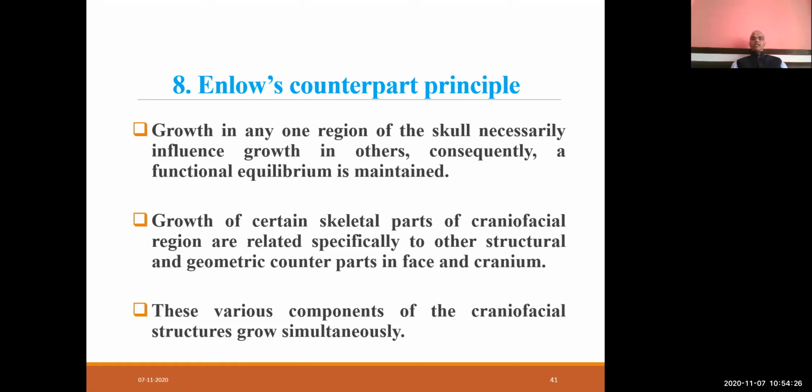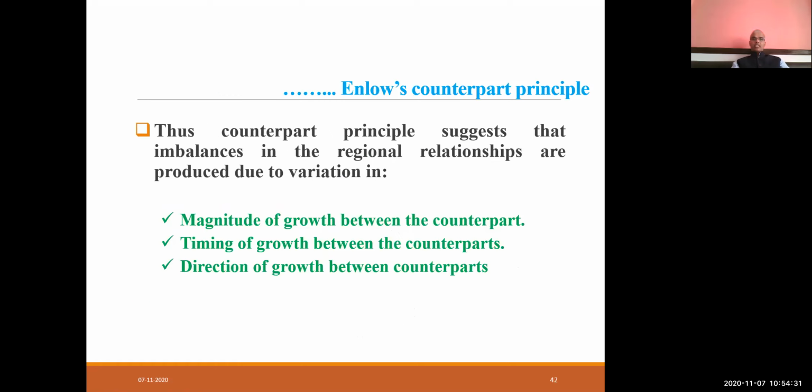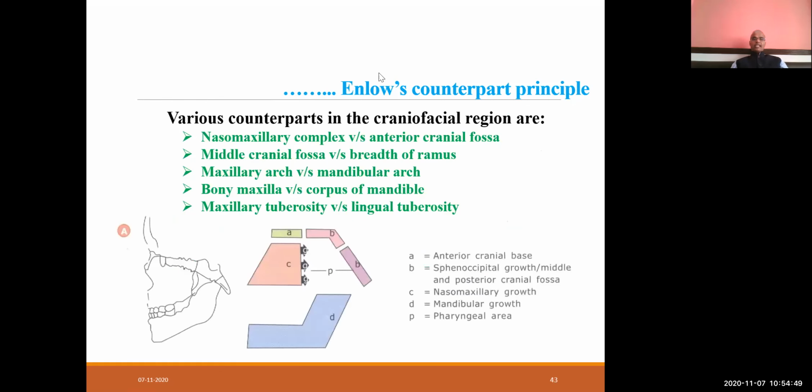So these various components of the craniofacial structure grow simultaneously. Thus, the counterpart principle suggests that the imbalance in the regional relationships is produced due to variation in magnitude of growth between the counterparts, timing of growth between the counterparts, and direction of growth between the counterparts. These are the various counterparts in the craniofacial region: mesomegaly complex versus anterior cranial fossa, medial cranial fossa versus width